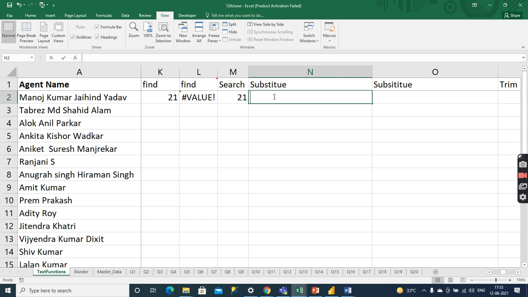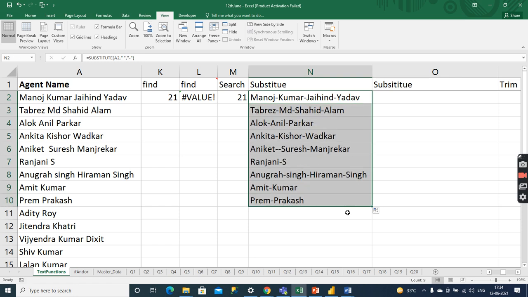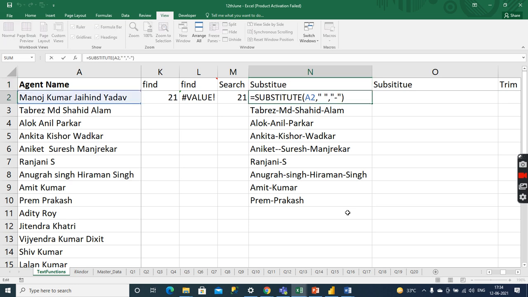So what is substitute? It is used for changing the values. So this is the text, and our requirement is to change space by dash. So in every data it will convert a space to a dash.